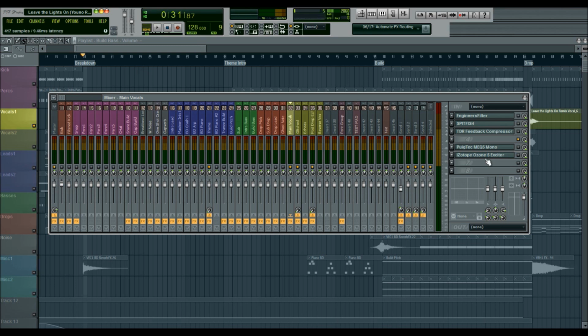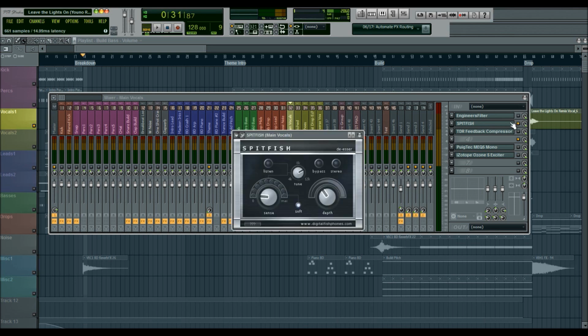That's what it's called, de-essing. And essentially a de-esser is a compressor that reacts to a certain frequency range. So say for instance the S's are in the 10,000 hertz range, like they are with this vocal track here.